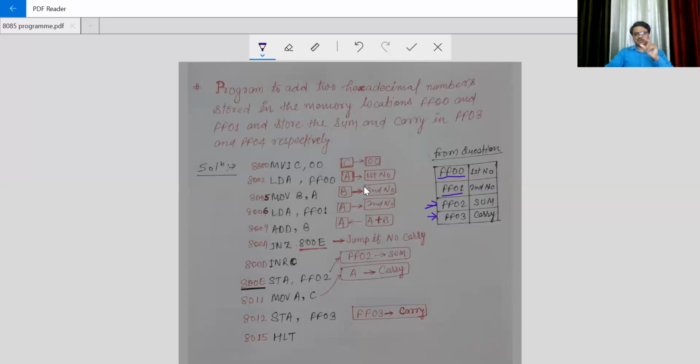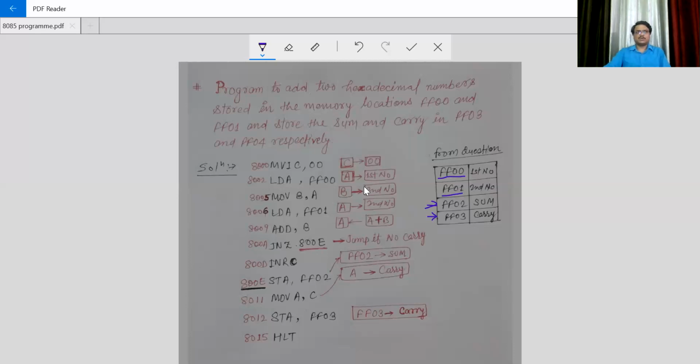These are two typical instructions: how we can store into the memory and how we can retrieve the data from the memory. It is very important. That's why I have chosen this program, so that it can settle into your subconscious memory.